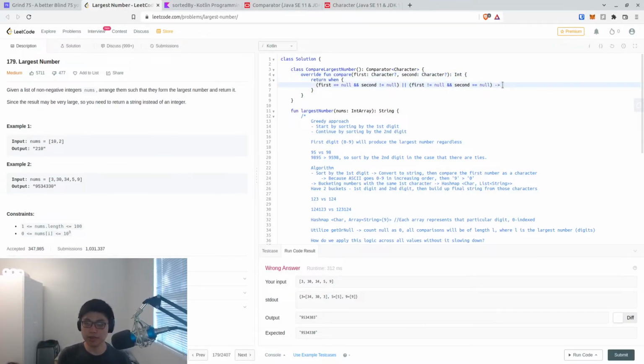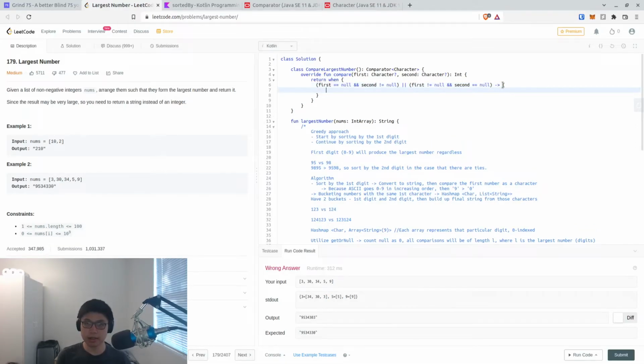When one of them is null, then if the second value is not null and it is greater than 0,